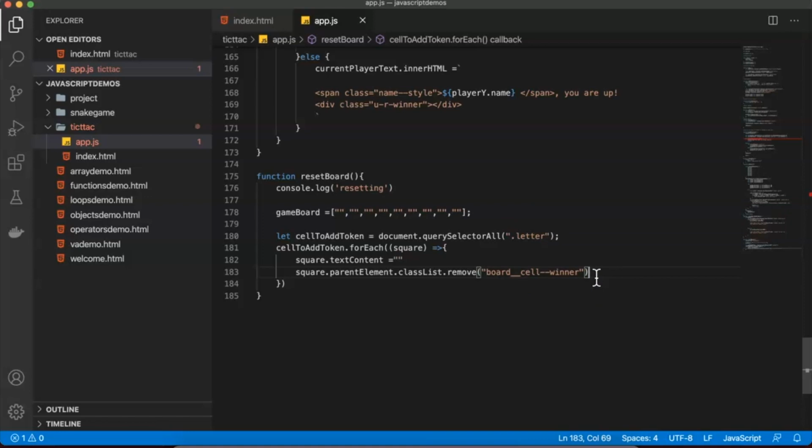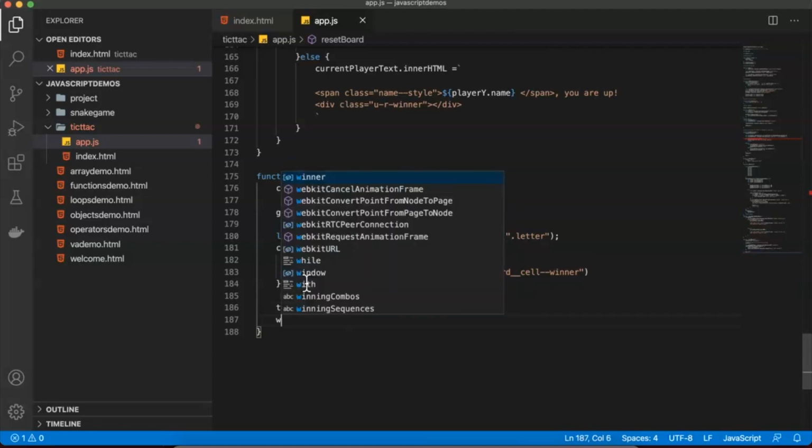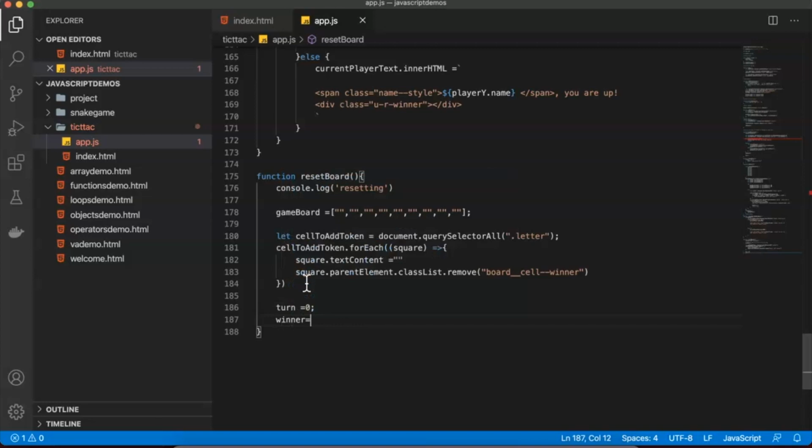We'll be using them a little later on. So that was the point. Now after that we are defining the turn value, turn equal to 0, because we are resetting it, and winner equal to false. After that, we define another variable, let currentPlayerText